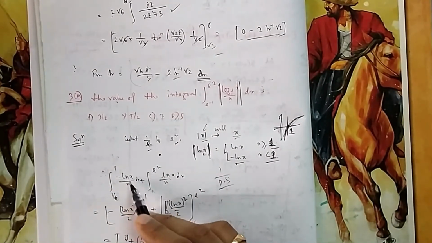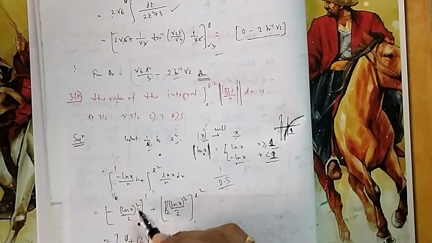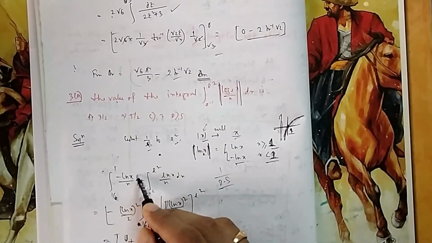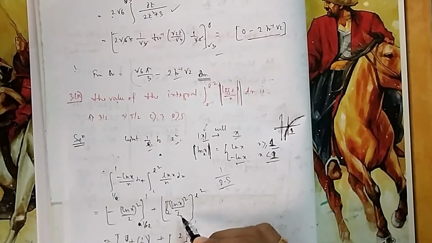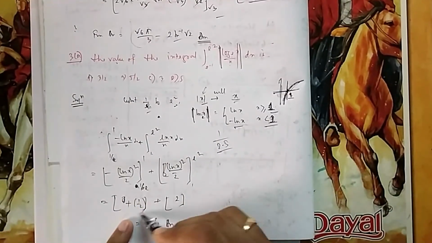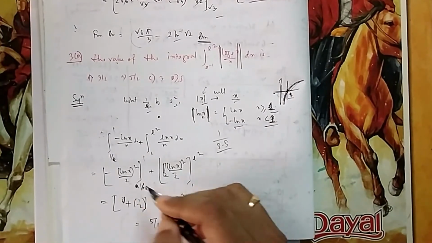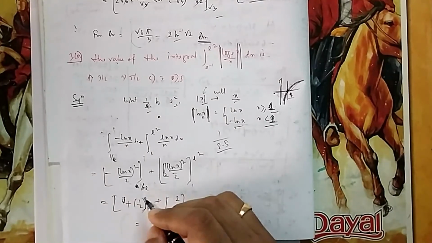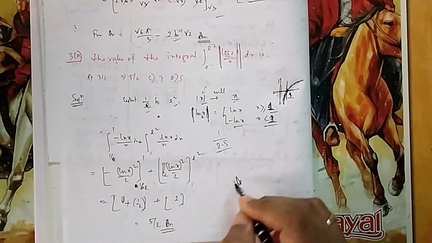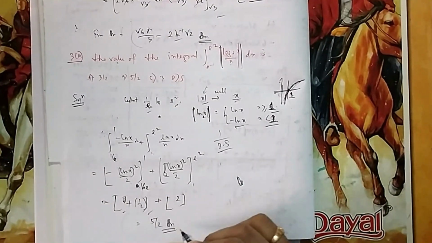So here, we will write ln x as t, then 1 by x dx equal to dt. I think you know. So it will be t square by 2, it will be ln square by 2. Here it will also be ln square by 2. If you put this limit, I think you can easily put this. ln e is always 1, you remember this one. ln 1 by e will be minus 1. So if you put 1 by 1, you will get this answer, it is 5 by 2.